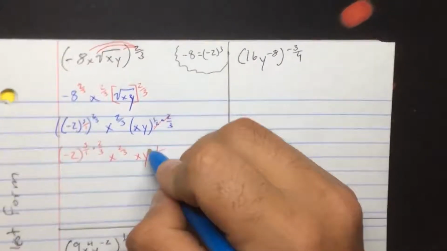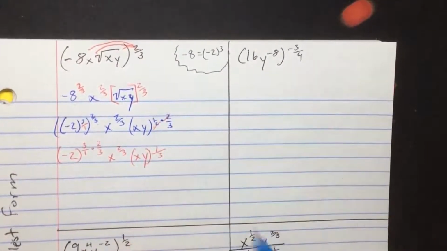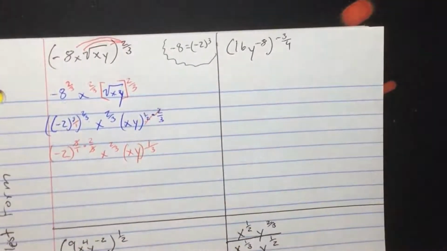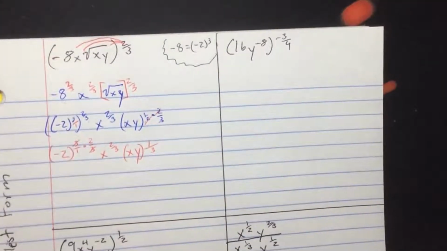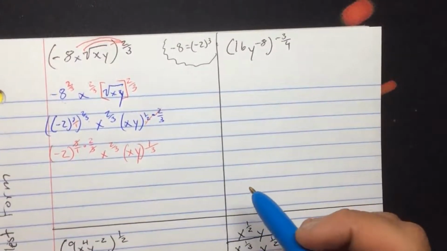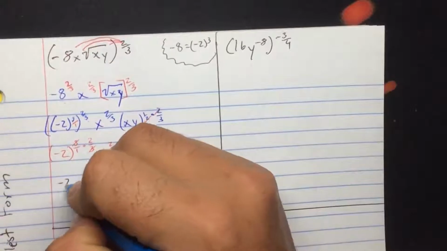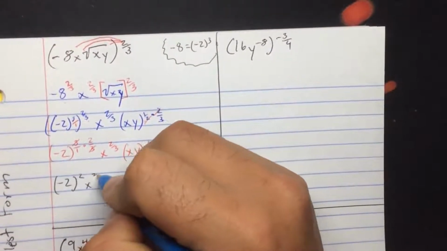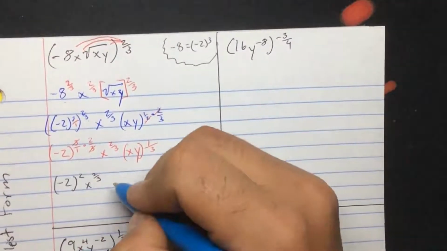So xy, still in parentheses, to the 1/3 power. These also simplify here, leaving us with -2 to the 2/1, which is just 2. So this would be -2 to the 2 power times x to the 2/3 power times